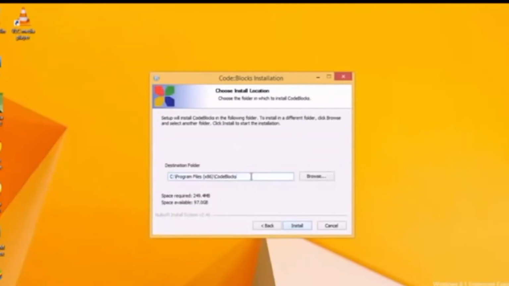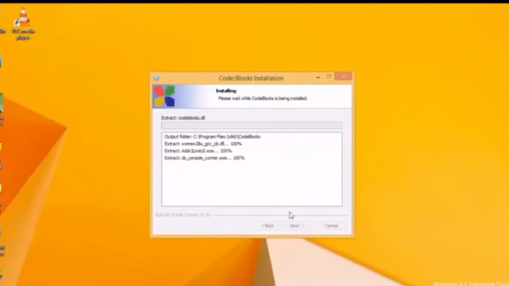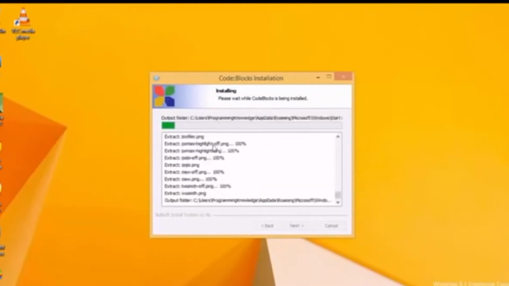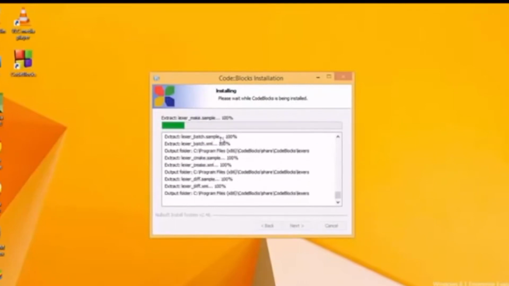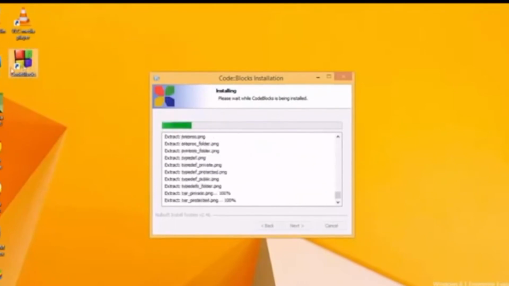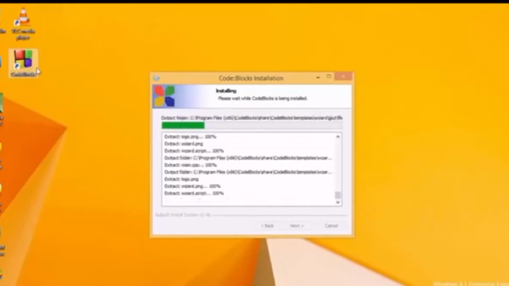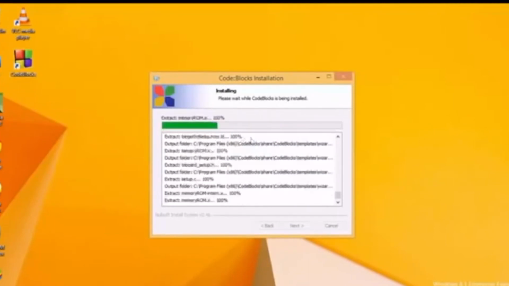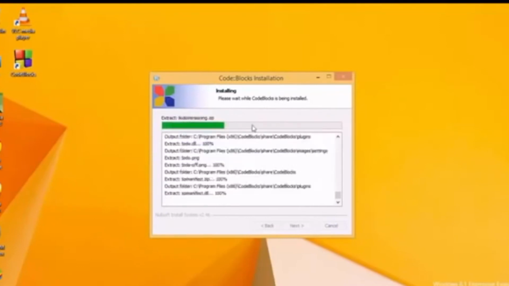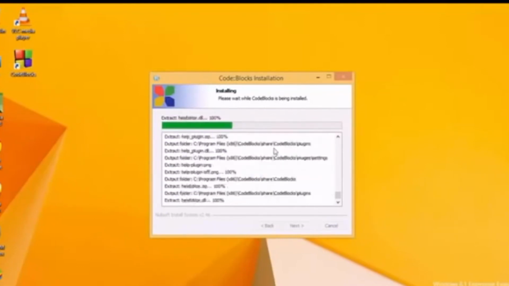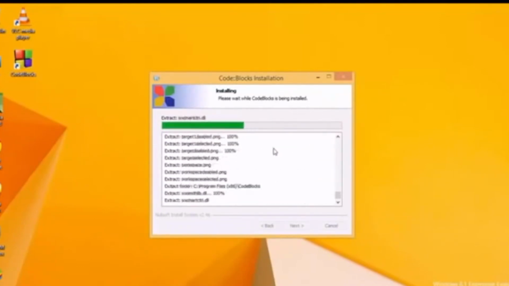And this is the location where Code::Blocks will be installed. Just leave it as default, click install, and the installation will not take much time. It will be installed really fast. You can see the Code::Blocks icon here, which you can click to open the Code::Blocks IDE, and you can see it's installing really fast. So I don't think it will take so much time to install this IDE.